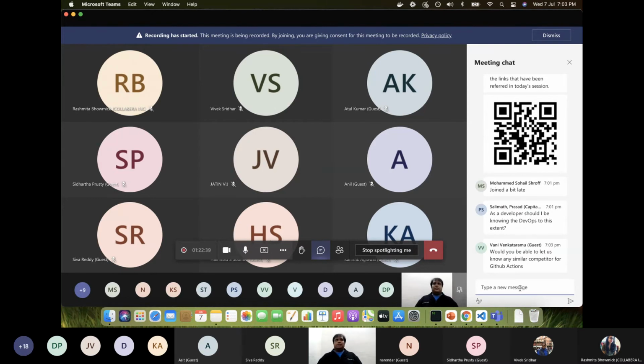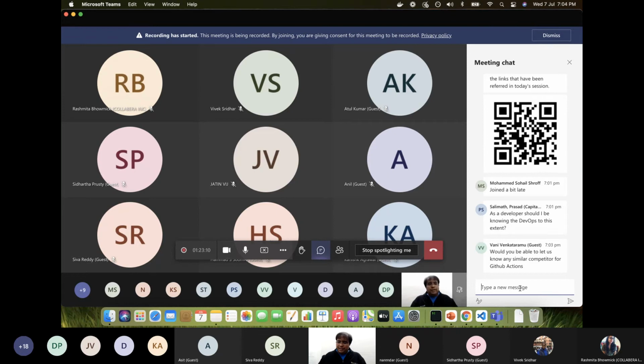So GitHub Actions is nothing but a developer workflow. Even Jenkins, Azure DevOps, and the rest of the CI/CD tools are all part of it as competitors. Anyone who is automating the developer workflow is a competitor. Even you can use APIs and build an automation around it and become a competitor for GitHub